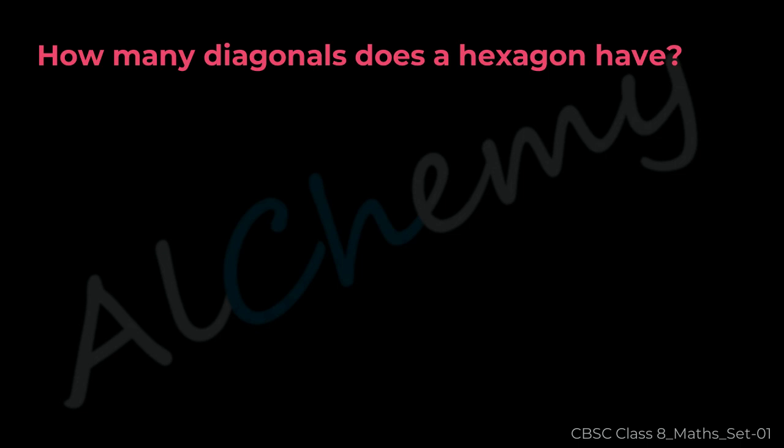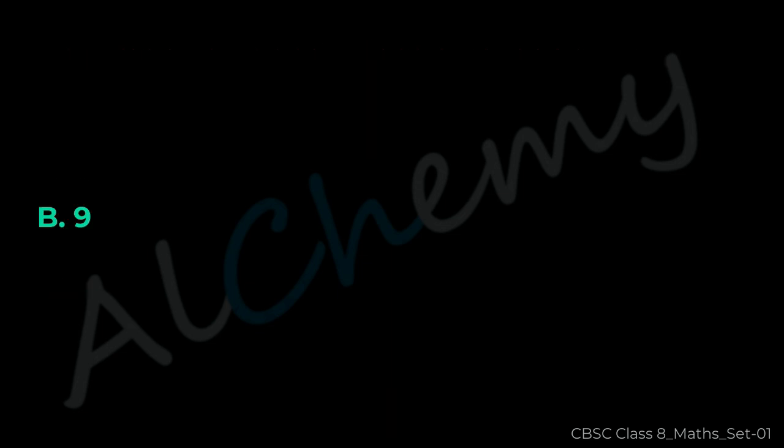Question 13. How many diagonals does a hexagon have? A 6, B 9, C 12, D 15. The correct answer is B